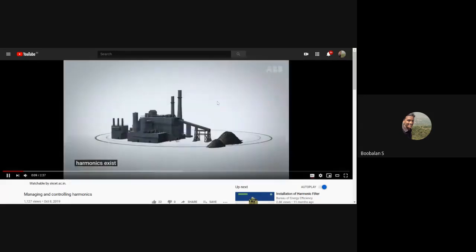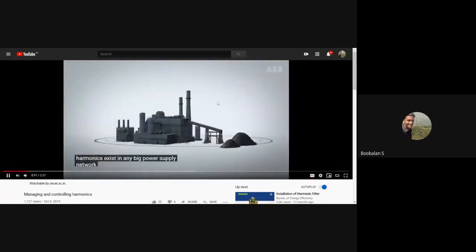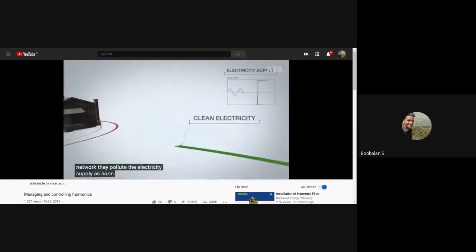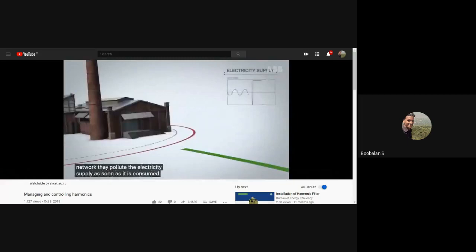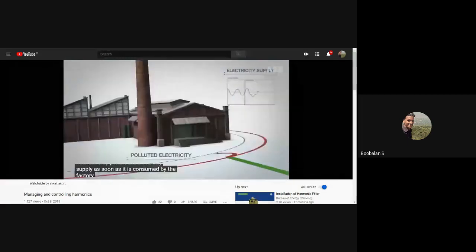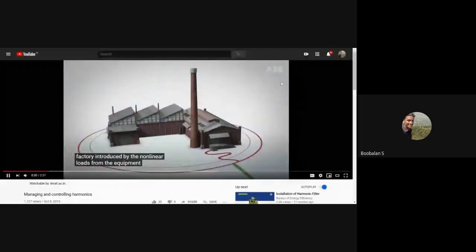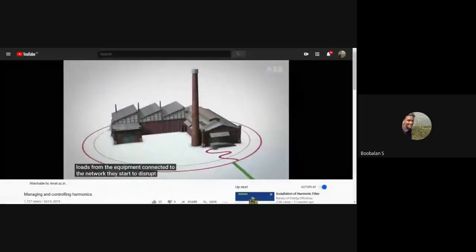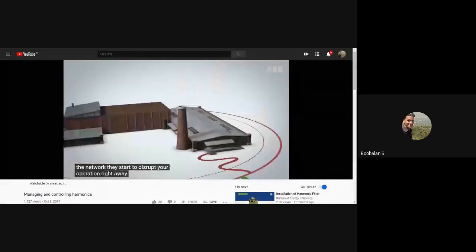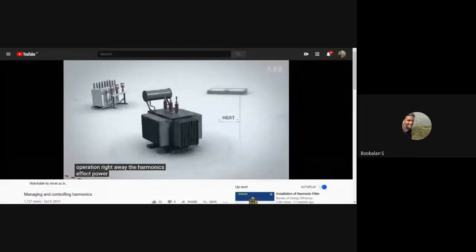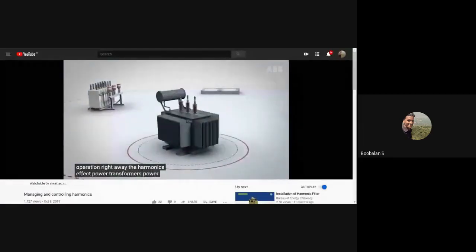Harmonics exist in any big power supply network. They pollute the electricity supply as soon as it is consumed by the factory. Introduced by the nonlinear loads from the equipment connected to the network, they start to disrupt your operation right away. The harmonics affect power transformers, power factor correction capacitors, lighting,